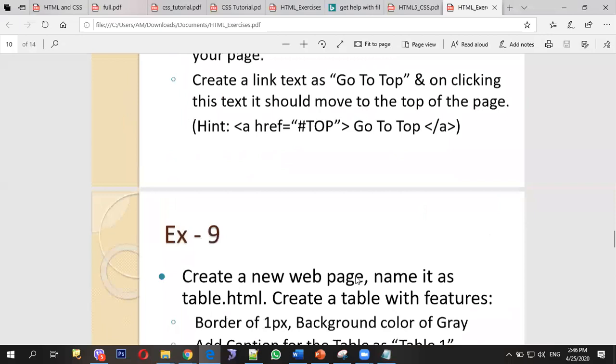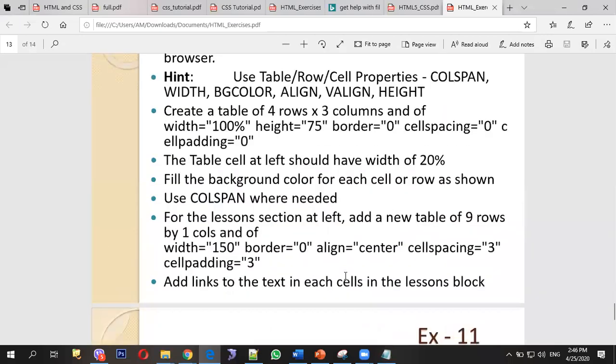So anything, any problem you have, just let me know. My email address is